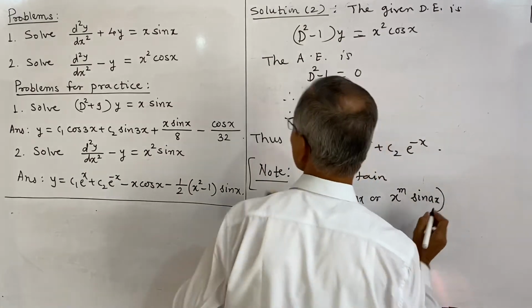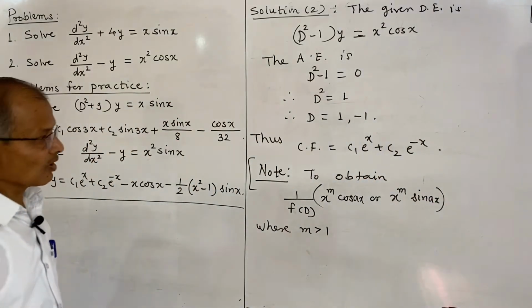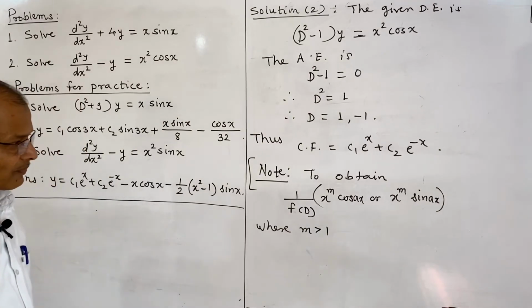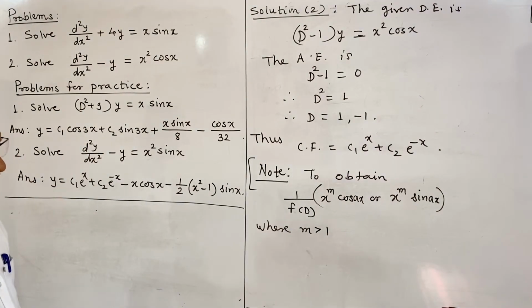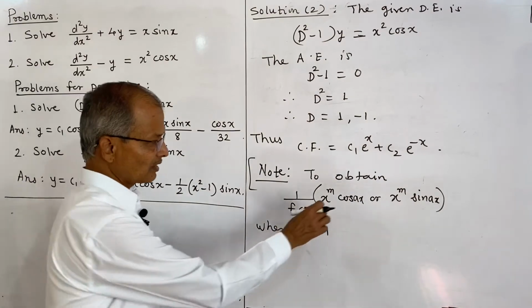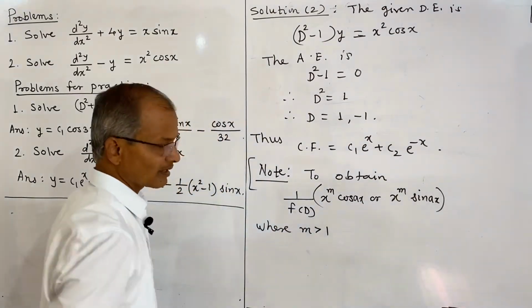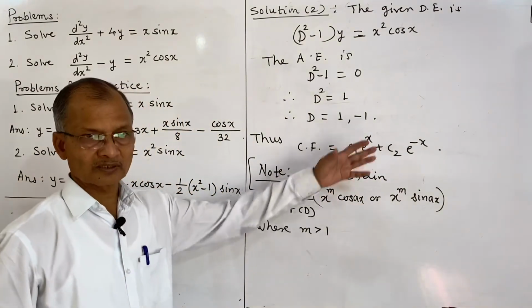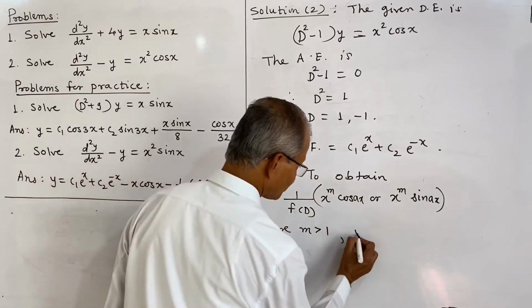Here a is 1, so it is only cos x. To obtain 1 upon f of D of x power m cos x or x power m sin x, it may be cos or sin, this term is the same, where m is greater than 1, means m is 2, 3, etc. We use